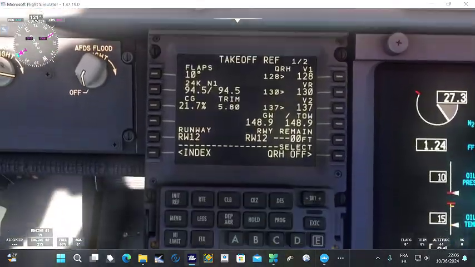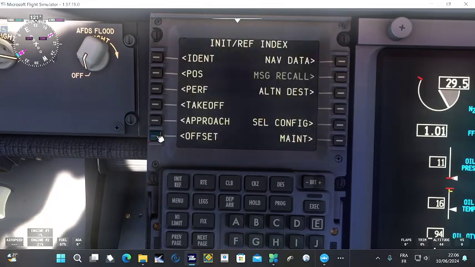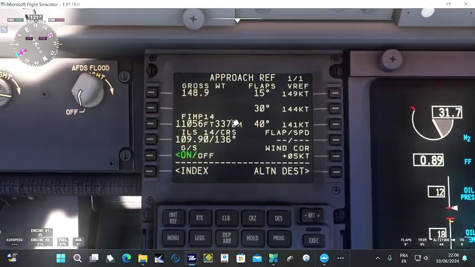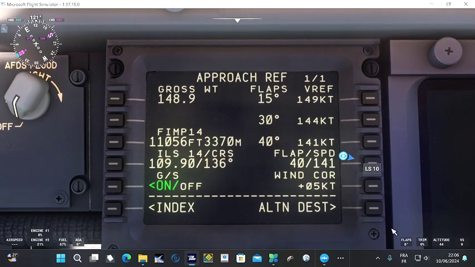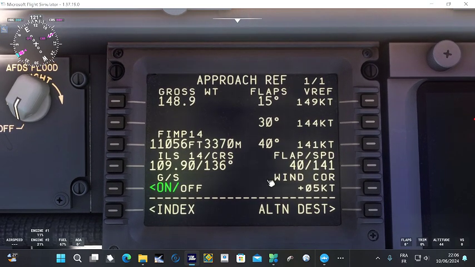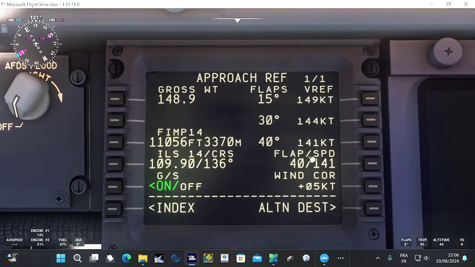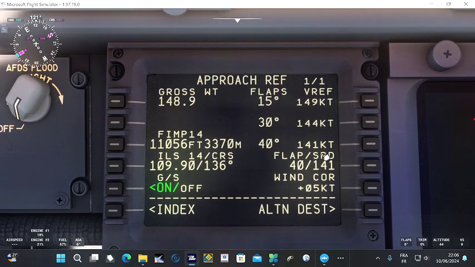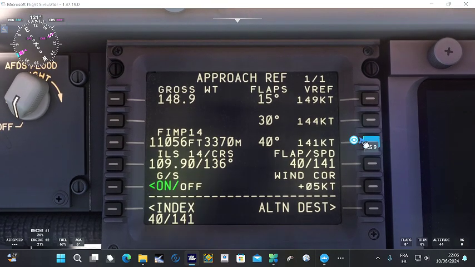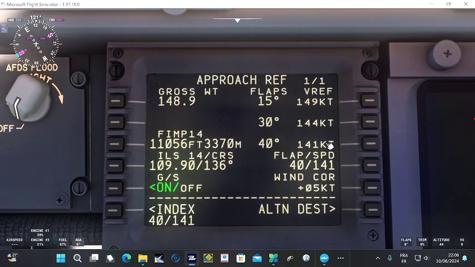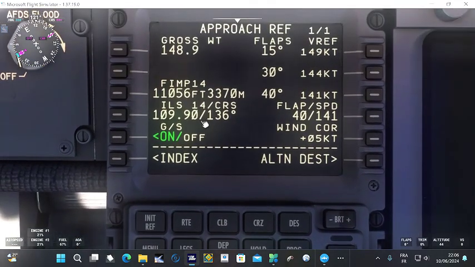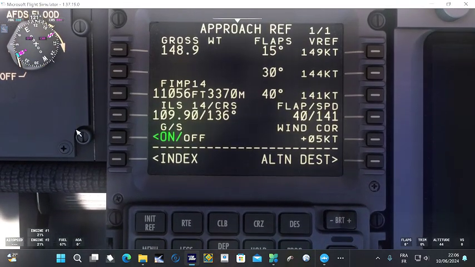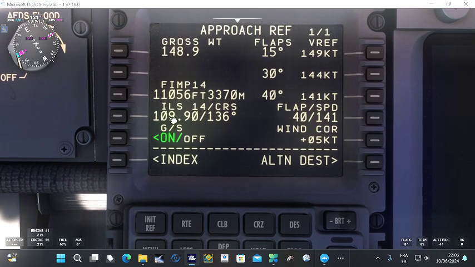Takeoff is done. Now for the approach. So FIMP14, the arrival went away, and then that's where things come on. So the FMC is basically done, okay? So the approach, just click on this setting, flaps 40 141, and just paste it in there, okay? So that says ILS 14, frequency is